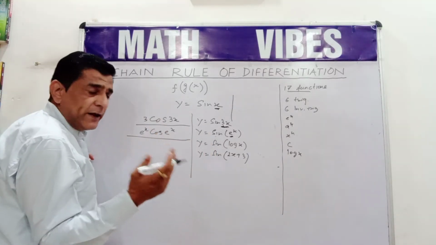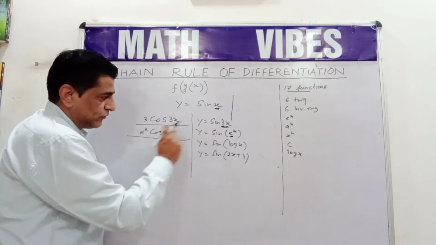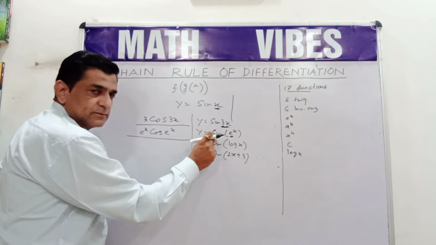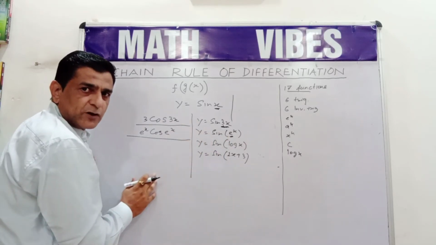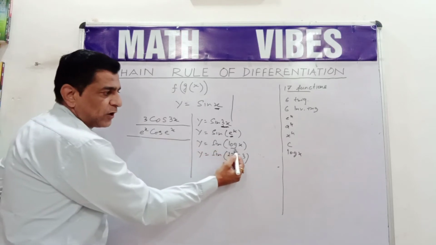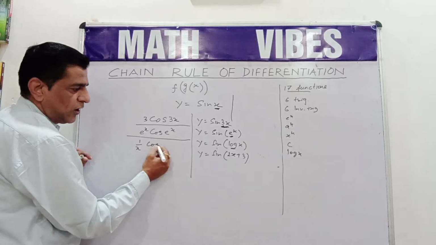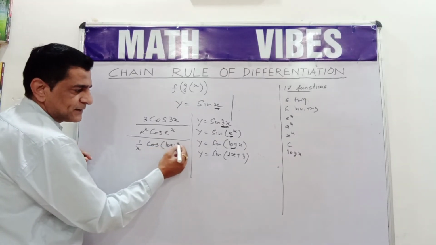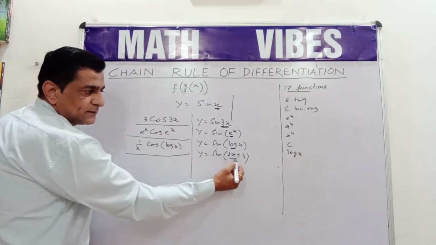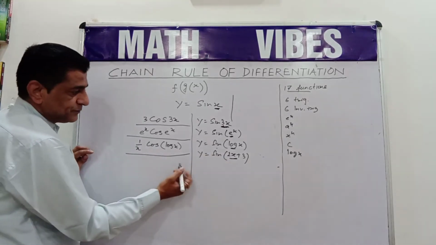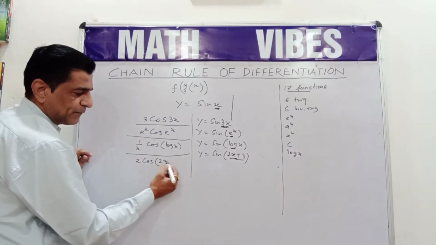So what we are doing is differentiating the function which has come in place of x first, then we are differentiating the basic function, and the angle in the case of a trigonometric function will remain the same. Here also the derivative of log is 1 by x, of sine function is cos, and the angle will remain the same. This is the derivative of sin log x. Now sin(2x plus 3). The derivative of 2x plus 3 is 2, then cos, and the angle will remain the same.